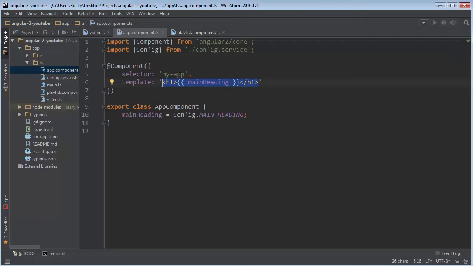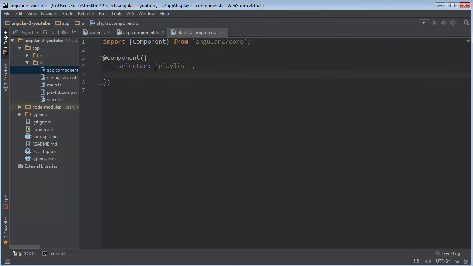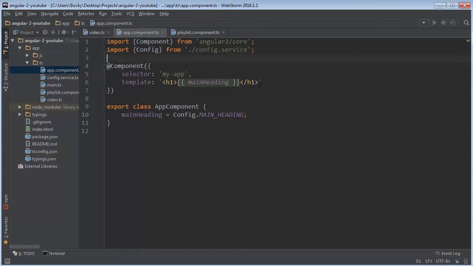Because think about this, right now we just have a heading. I mean, not really that difficult, but what happens when we make this playlist? We're probably going to need some divs, some spans. We're probably going to need to embed that video. So if we have a crap load of HTML right here, then it's just going to get all cluttered up